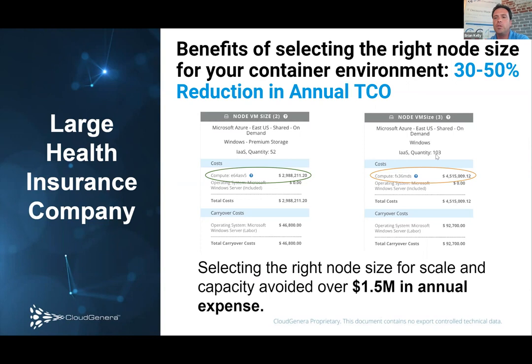Who would have thought that the smaller machine size would have resulted in $4.5 million worth of expense versus a larger instance size, which actually comes in at 1.5 million less. Again, this is a real world scenario with real monetary impact to a business. For this particular health insurance company, selecting the right node size for their scale and capacity avoided over $1.5 million